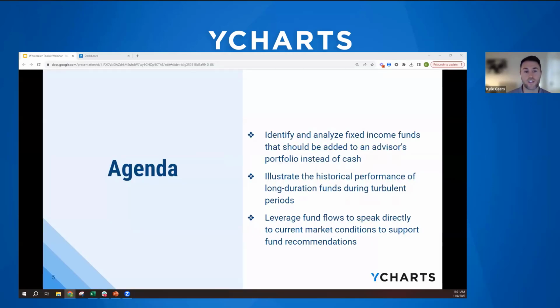As far as today's agenda goes, we're going to cover how to identify certain products that could potentially be good adds to a portfolio in the place of cash. I'm also going to help you illustrate the historical performance of those products, especially during periods where rates have been paused or have been cut. And then we're also going to talk a little bit about how to leverage some of our other resources within YCharts to help make that story come full circle. So with that said, let's go ahead and jump into the platform